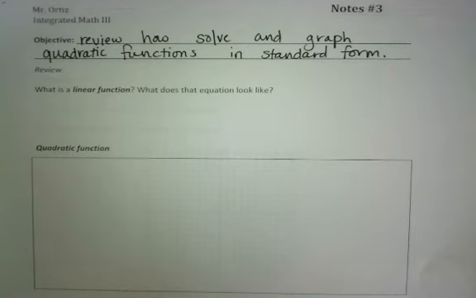Okay, these are things we can graph. Okay, that's linear lines. Quadratic functions. Standard form. Not that, that's the slope-intercept form, Jocelyn. Veronica, I'm pretty sure